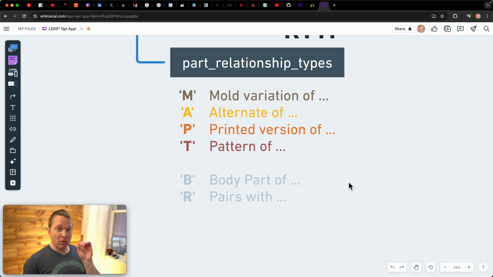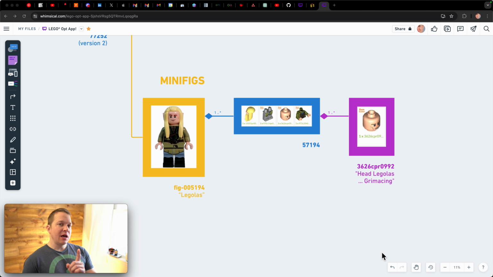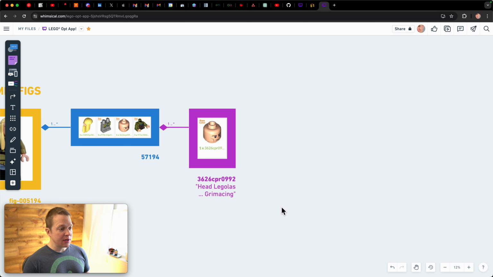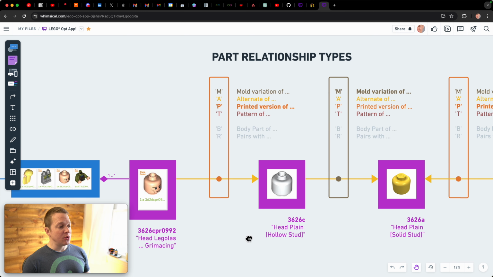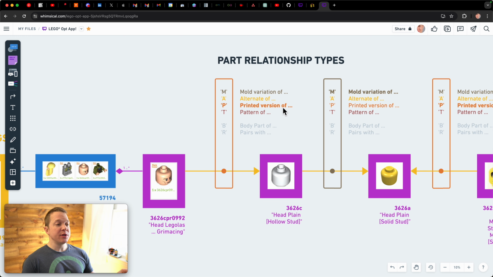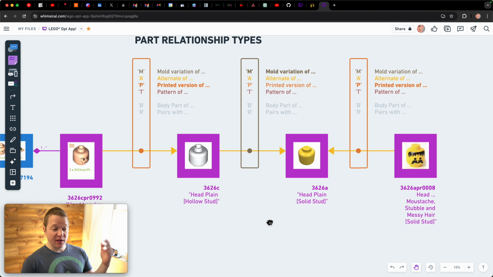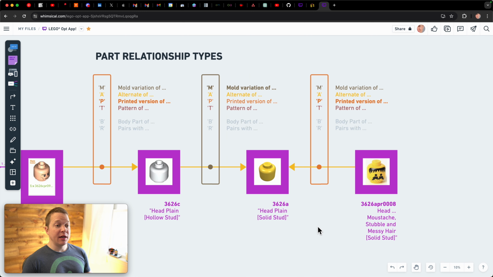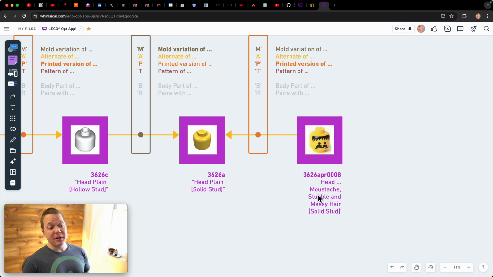But now to Legolas. And in particular, Legolas's head. Let's have a little chat about how these relationships work, right? So Legolas's head is a unique head in the entire Lego universe, right? And it is related to other parts, but mainly heads, via these relationships. For example, it's a printed version of this plain head with a hollow stud. That plain head is a mold variation of another plain head that has a solid stud. That solid stud plain head has got many printed versions of, one of which is this head with mustache, stubble,